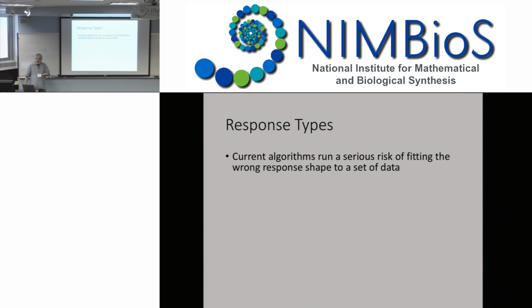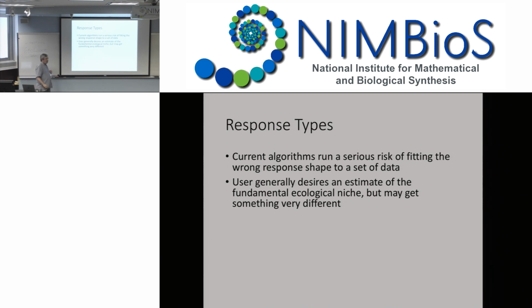And don't think, oh, well, I can just cut Maxent down to linear and quadratic response types, because you will have forgotten that quadratic responses can be like that also, right? We want it to be like this, but it can be like this, and that means we have a nice bimodal response. And those are actually quite common.